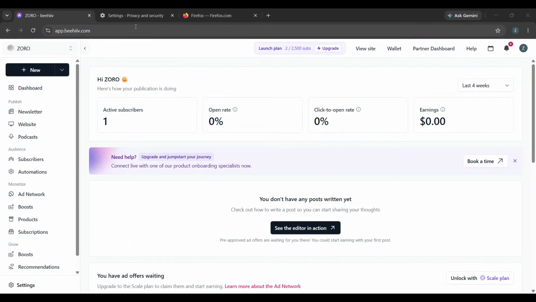If you're seeing a Beehiiv forbidden error, don't worry, because in this video I'm going to show you a few simple fixes that usually solve the problem fast. This issue can happen for a number of reasons, including a stale login session, browser cache problems, or just a temporary account glitch. The good news is that you can often fix it yourself in just a few minutes without